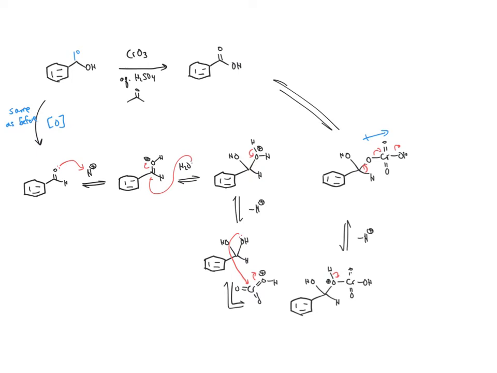Now, one of the problems with the Jones reaction is that it generates toxic byproducts, these toxic chromium species. And it also over-oxidizes primary alcohols. So there are several other reagents that have been developed to sort of circumvent these two problems. So the next reaction is the Swern oxidation. And this doesn't use chromium reagents anymore, but it still results in an oxidation. It still kind of uses a metal at a high oxidation state, although we're using the term metal a little